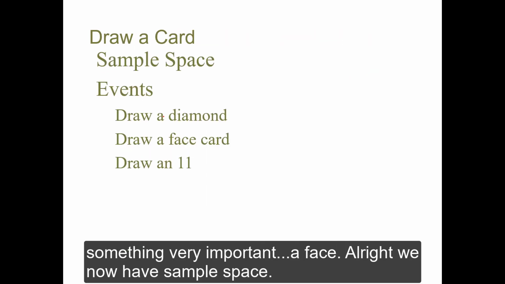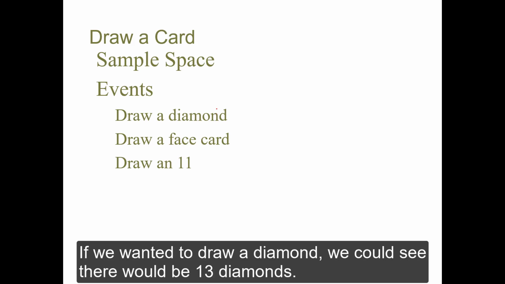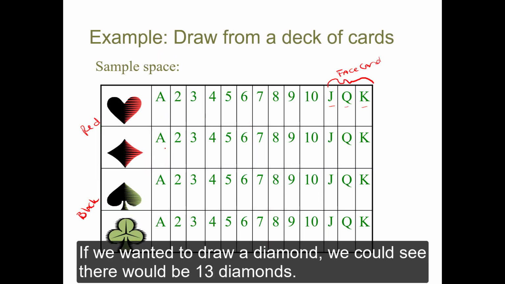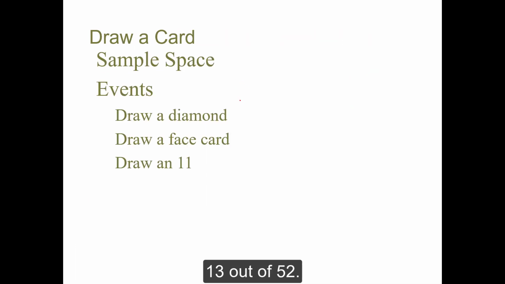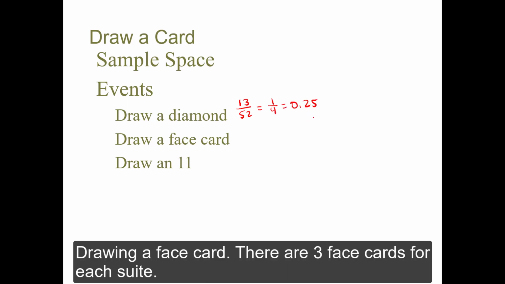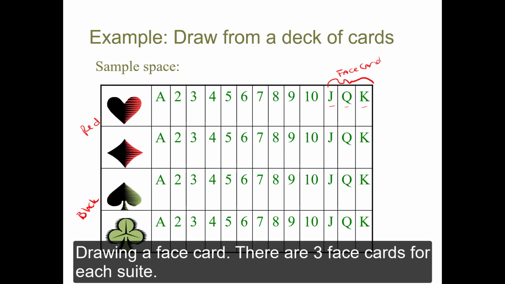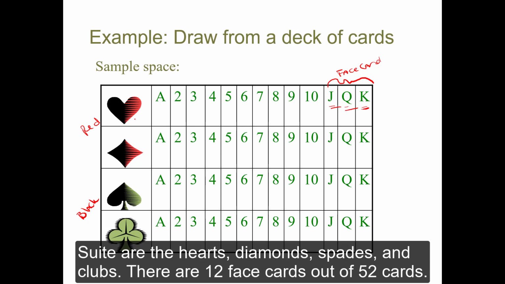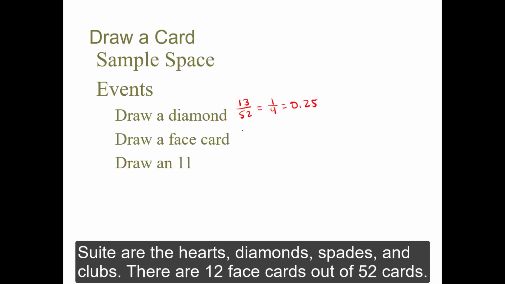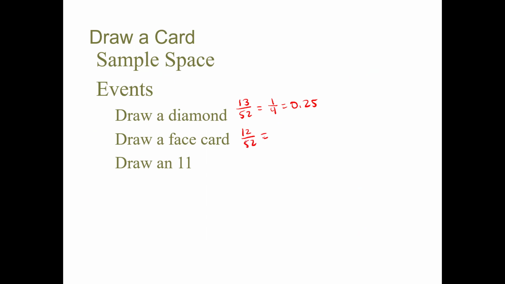All right, so now we have our sample space. If we wanted to draw a diamond, we could see that there are going to be 13 diamonds. So 13 out of 52, which is 1/4. Probability is 0.25. Drawing a face card: there are 3 face cards for each suit, and the suits are heart, diamond, spade, and club. So 3, 6, 9, 12. 12 out of 52. And 12 divided by 52 is